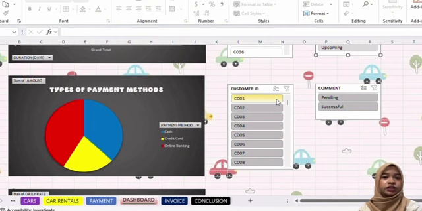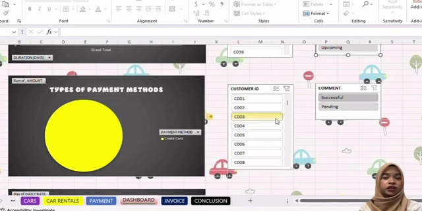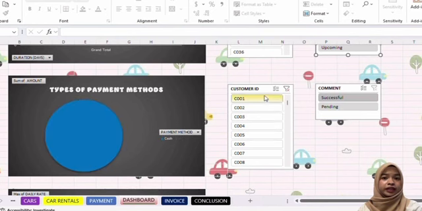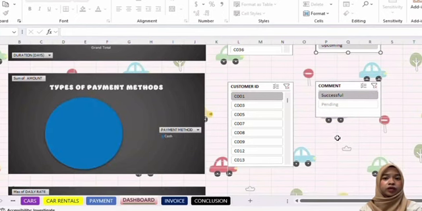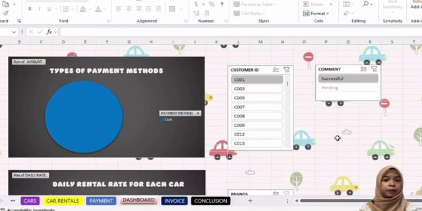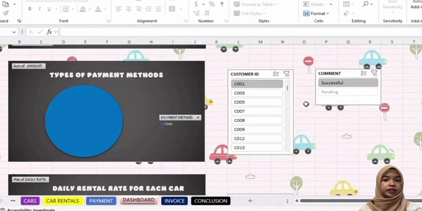We have included 2 slicers for this chart. The first one is customer ID. It allows filtering payment method data based on the individual customer. The second one is comment. This slicer filters payment method based on their status such as successful or pending. It enables a quick overview of payment completion rate. This chart provides a clear snapshot of customer payment behavior and helps the management team to understand preferences and